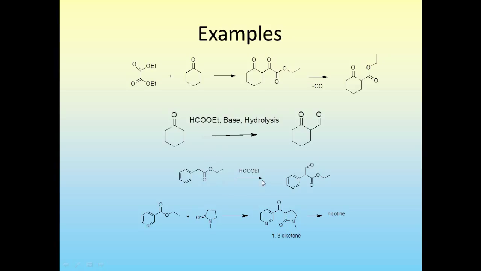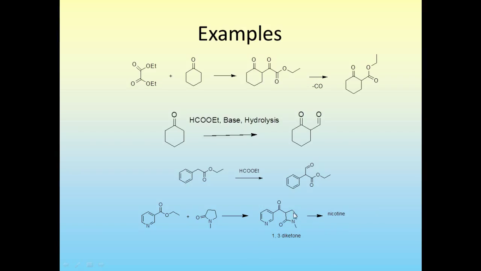Here is also a similar case, introducing the aldehyde group near a ketone or ester. Ethyl formate introduces the aldehyde groups. The ester and ketone give the diketone, an important reaction in diketone synthesis, which further undergoes synthesis of an intermediate of